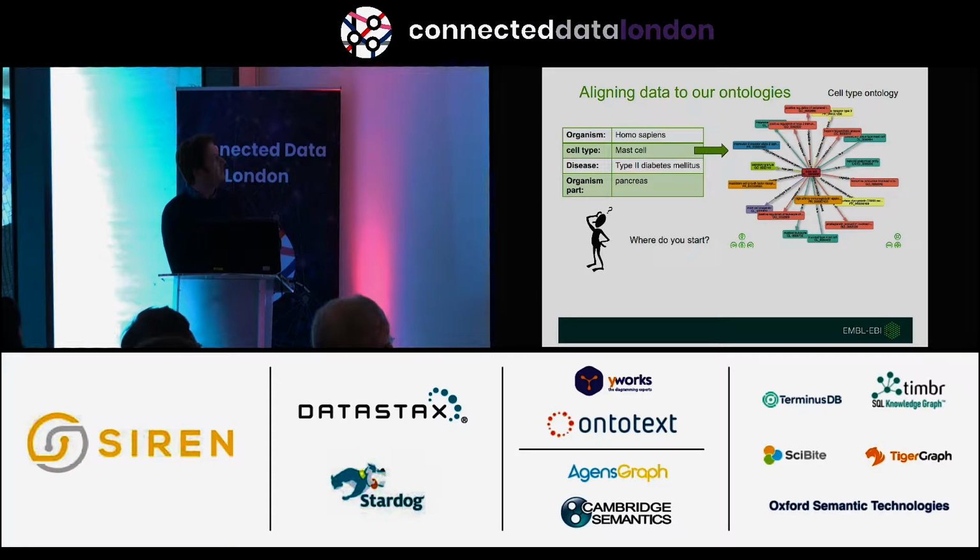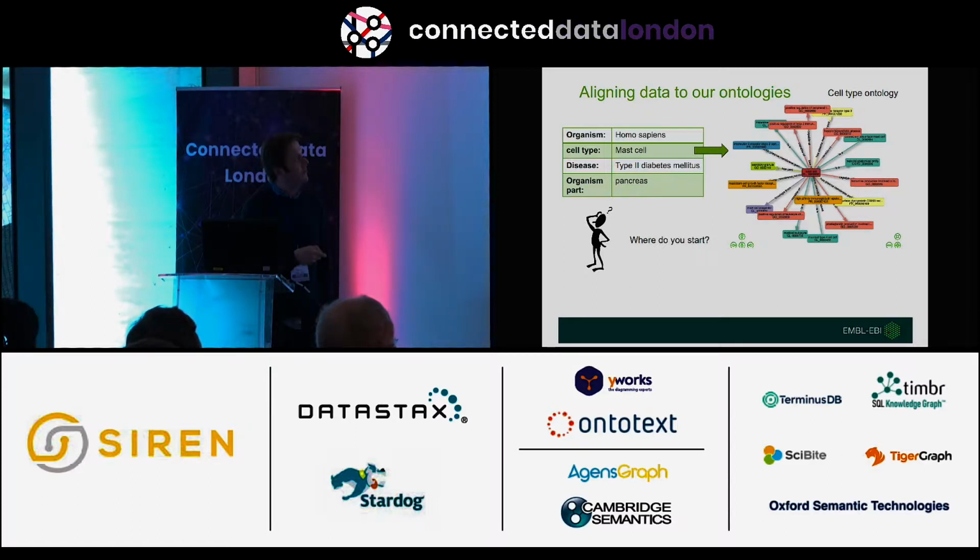So if we can imagine the data typically coming in like this, kind of key value, it's all strings. And what we want to do is take something like here, we've got an annotation that says, okay, the cell type in this sample was a mast cell. We want to get this over to a concept like mast cell in the cell type ontology. And then from the cell type ontology, we get all this added value, all this extra relationship, so we can also then immediately start to make inferences about this sample, that this is a secretory cell, and all these other types of functions of the cell. So if we can get this mapping done, then we get to a much richer pool of knowledge around these samples.